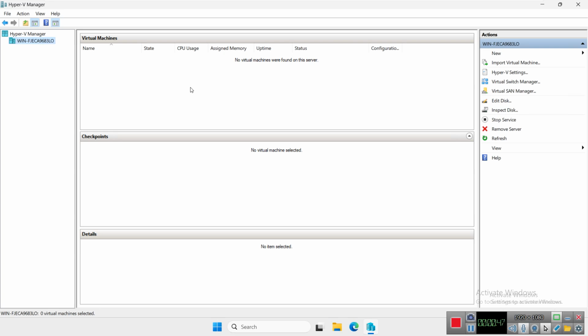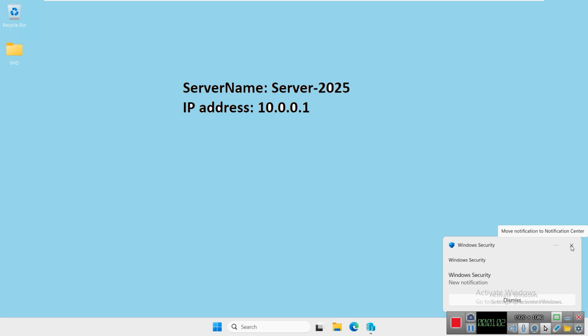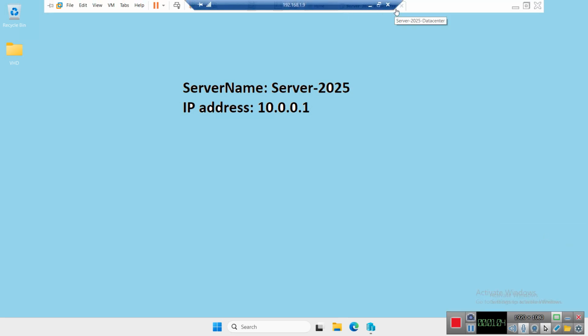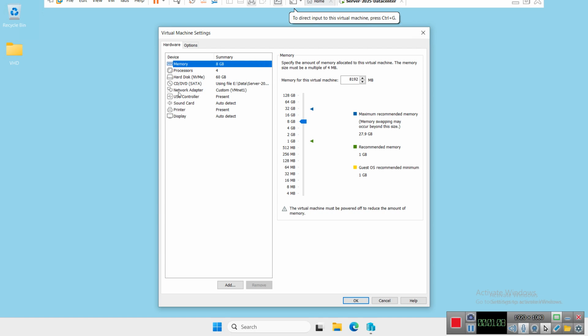Now, before we create virtual machines in Hyper-V, we need to add extra storage, where you want to save your Hyper-V virtual machines. So I need to add some storage in this machine. Let me just add some storage. I need to go to my virtual machine settings, this machine's settings, and over there I'm adding